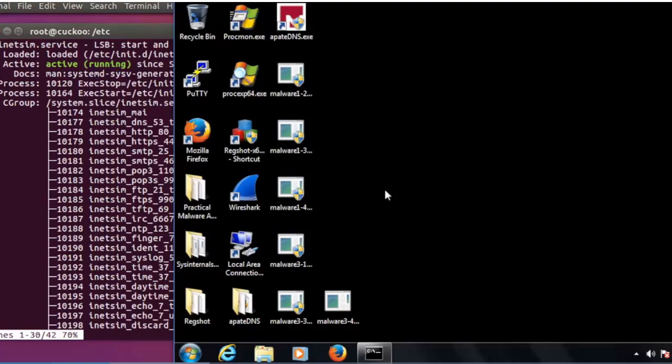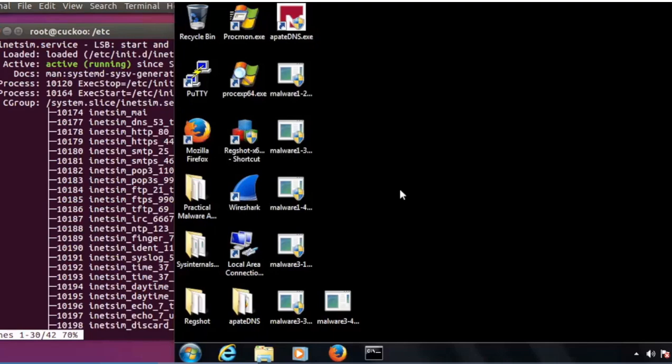Now, to do this, I need to be able to communicate between the two devices. So I've already set up static IP addresses on both machines. And now I can run the malware. Now, there are sandboxes that are pre-set up, and there's also software that you can run that will automate this process. There's also websites that you could submit malware to and get a report. In this case, I've got a few tools here that I'll run manually and then try to analyze the results